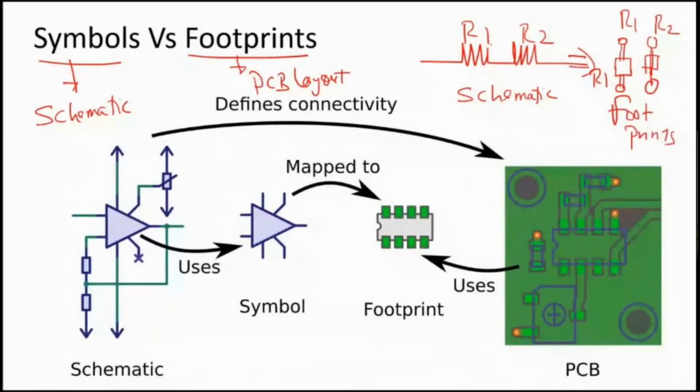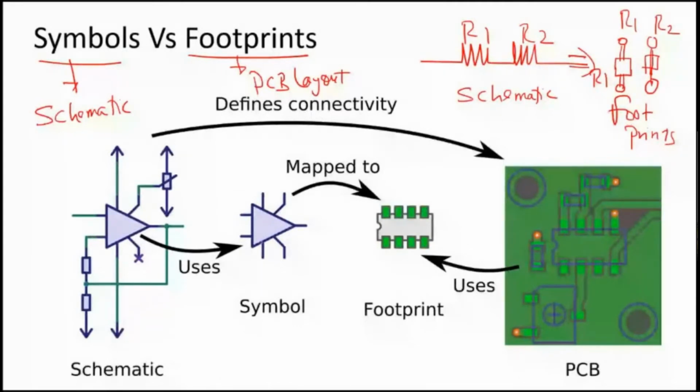Footprints mean how a component which is represented in a schematic would look like practically, because footprints are what we use for PCBs. We cannot use schematic symbols for PCB designing, because symbols are used for our understanding of how one component is electrically connected to the other component. Whereas PCB designing is done for a practical situation, for actual components. So you should know how actual components would look like for each and every schematic symbol. Only then you can physically put those footprints in the PCB, and then design the tracks for them. So schematic symbol and footprint are two different terms.